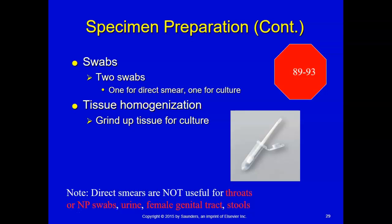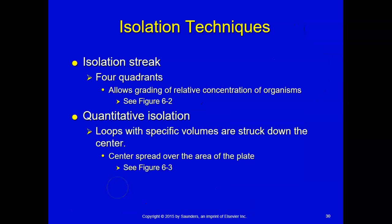It's not helpful for any diagnostic purposes. However, you may do a gram stain on stool for something else, and we'll talk about that later on when we talk about GI pathogens. Okay, so in lab, in the first week, we are doing isolation techniques, streaking our plates,